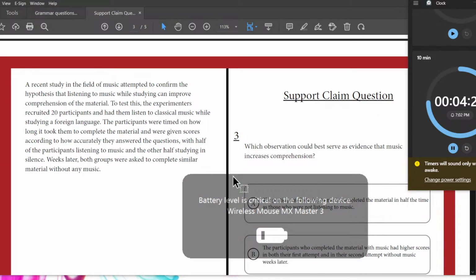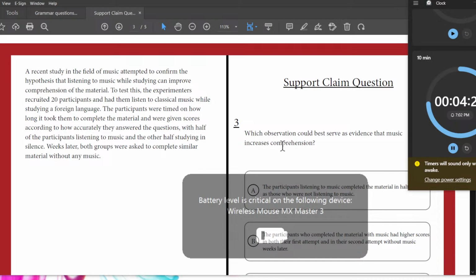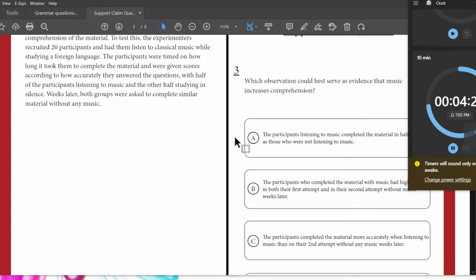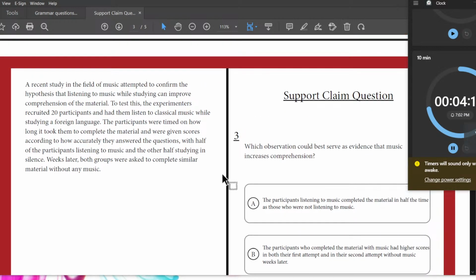Oh no, my battery is critical. Uh-oh. I'm not trying to flex my mouse on you, but I do have a pretty sweet mouse. All right, so